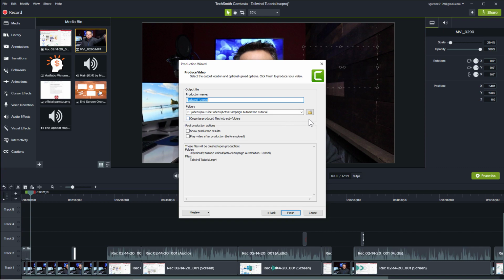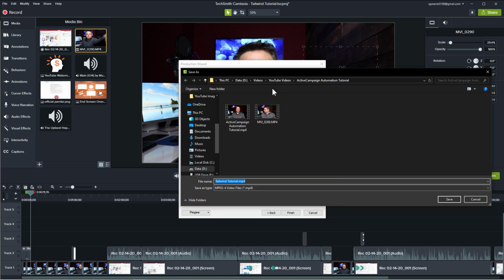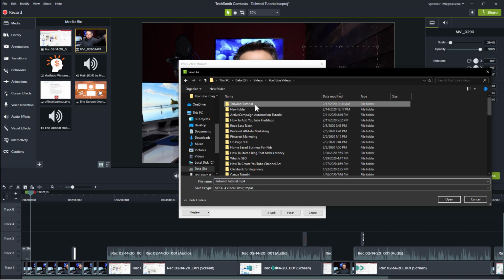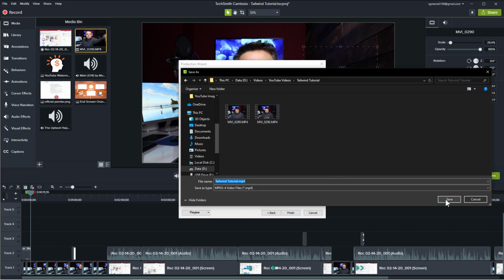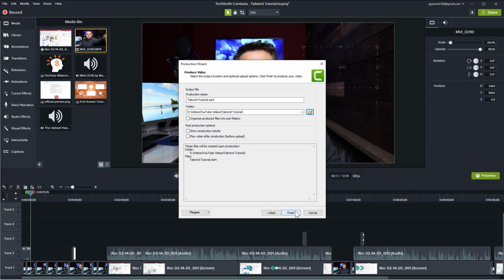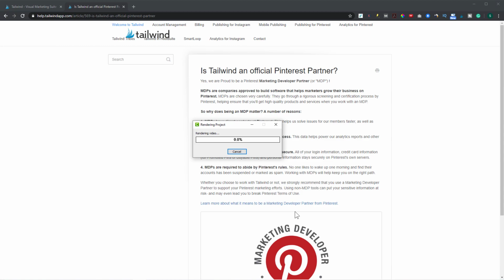I have the path that I want. Actually, no, this is where I select the path. So I don't want this one. I want it in this Tailwind tutorial. Hit OK, save, and then hit finish. So then this part will take probably, depending on how long your video is, it could take up to 10-15